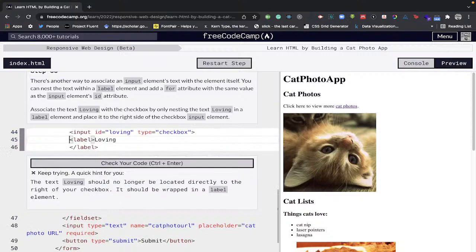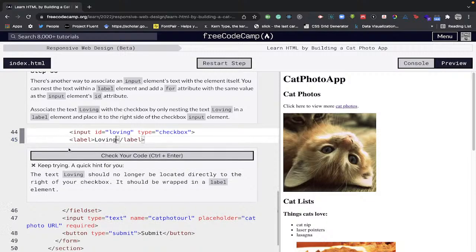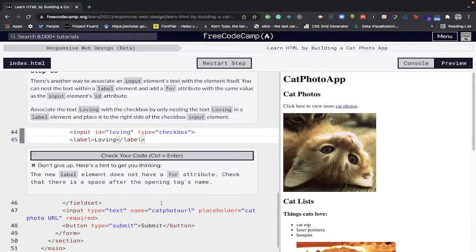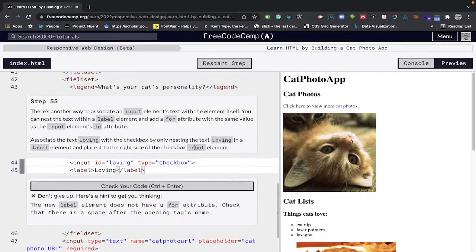Wrapped in the label elements. It's wrapped in the label elements. Is this a bug? I'm not sure. So there's another way to associate an input element's text with the element itself. You can nest the text within a label element and add the for attribute with the same value as the input ID. Okay, so maybe we should do that for